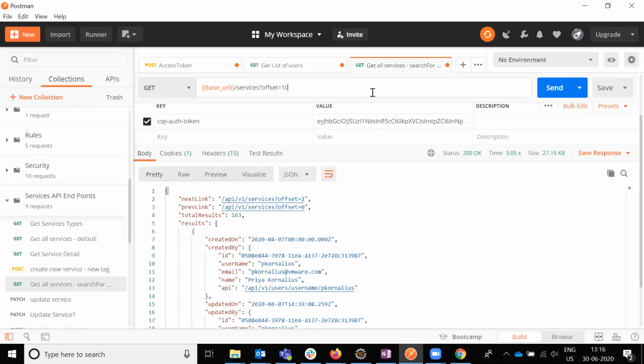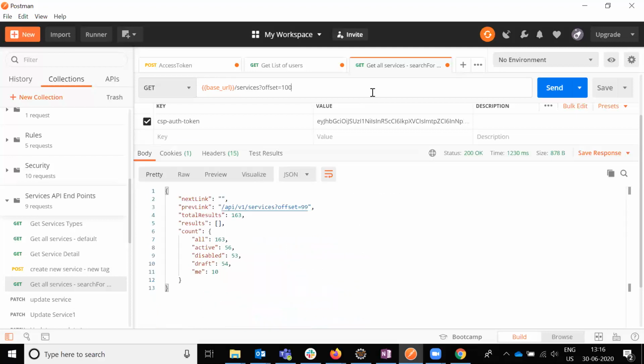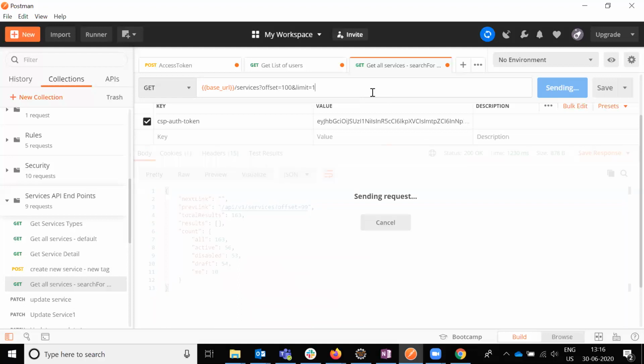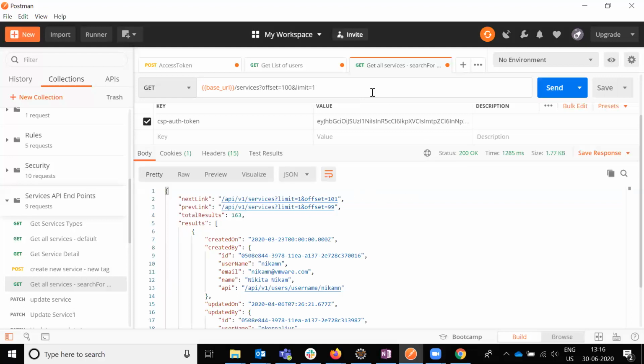If you use 100, there is no value, that's why you are not able to see the records. If you use 100 and limit equal to 1, one record is present at the 100th page, so that one record will display. Offset is basically a page, and limit is how many values need to be displayed in that particular page.